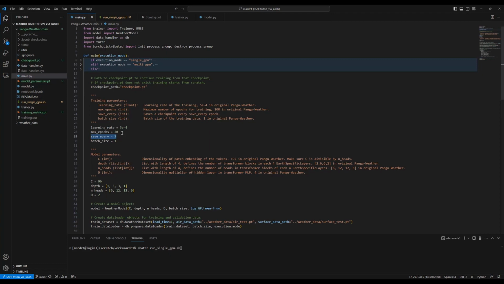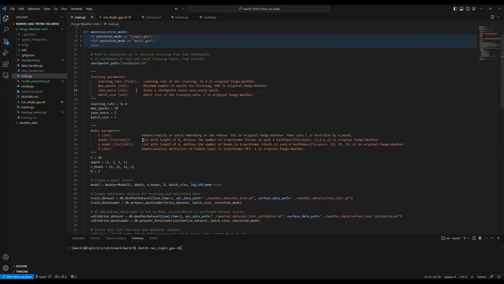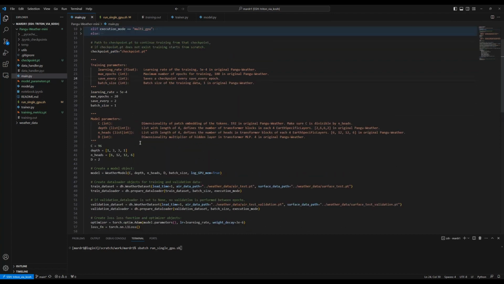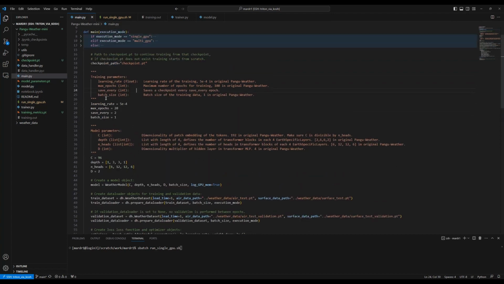I have last run the model for 20 epochs, and if I wanted to continue the training, I could just load the checkpoint, which it does automatically if a checkpoint exists, in the trainer class. It makes it easy to continue the training from where it was last finished.